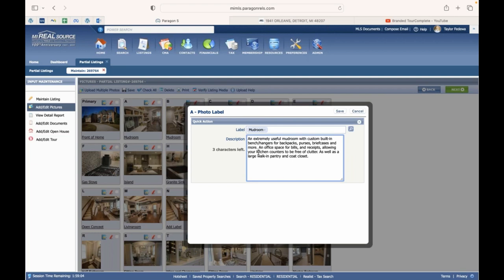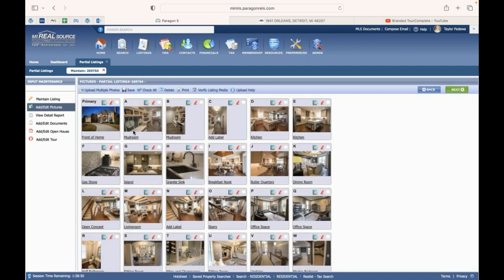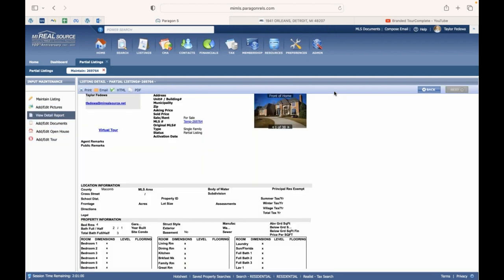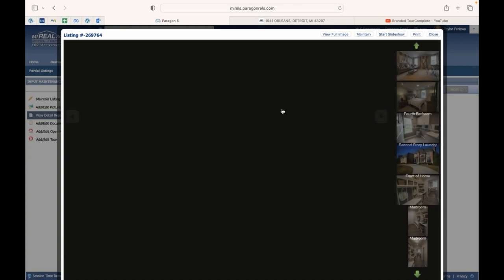So I mentioned the office space for bills and receipts, allowing kitchen counters to be free of clutter, which is also very nice. So you have this little office space right there, attached with a coat closet and a walk-in pantry. So when I decided on the order of this and the captions and descriptions, I decided I'm not going to go in through the foyer, the entrance. I'm going to go in through the mudroom, as if I was coming home after a long day at work and what that walkthrough would be. So let me open this up. I'll show you how these captions and descriptions